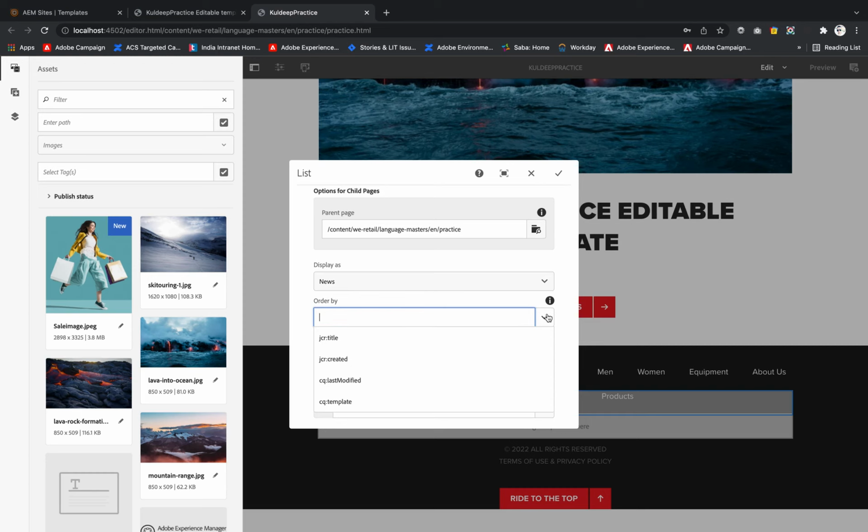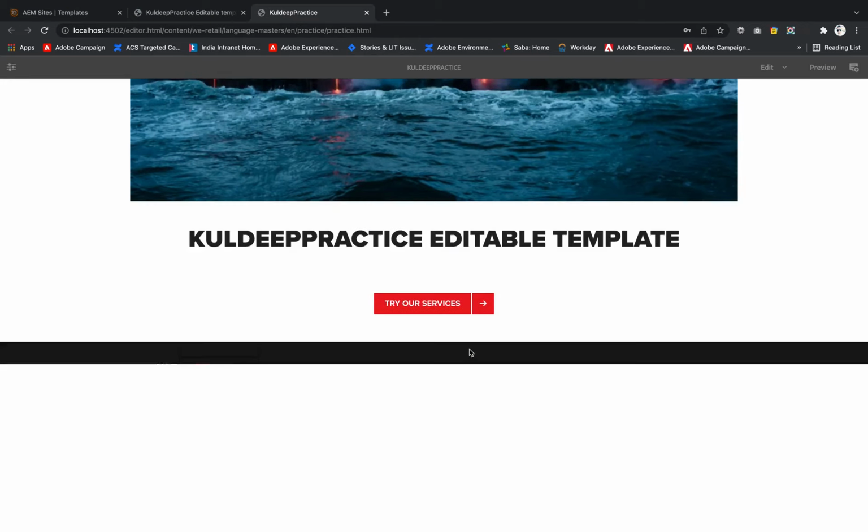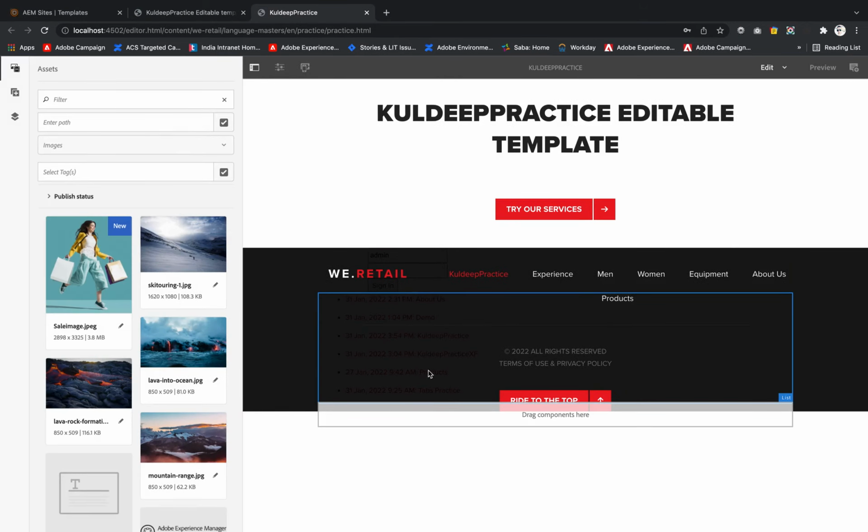Order by: inside the order name we have these properties. These are like CRXDE node properties, so we will see them later. I am ordering by this jcr:title. I'm not providing any limit. So if I click OK and hit the refresh button again, then I must be able to see that list. So the list is visible,